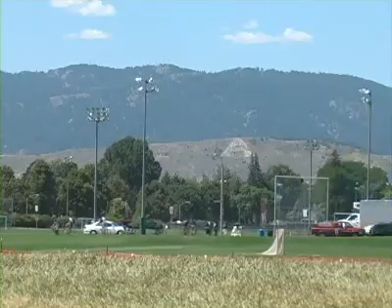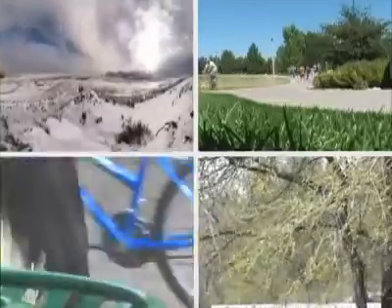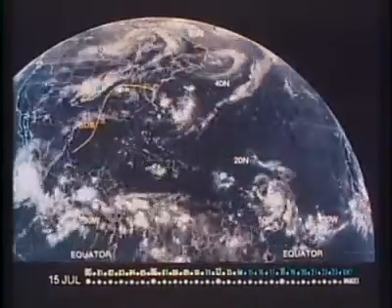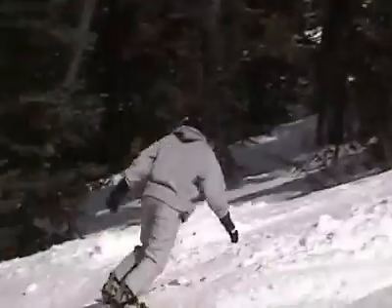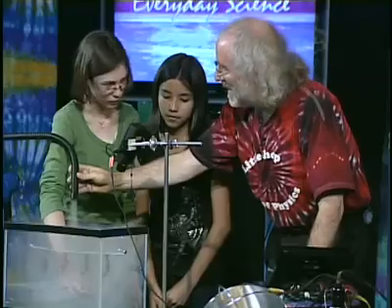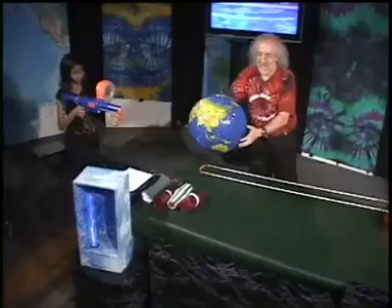On a May day in Colorado, you might wake up to be greeted by sun or rain or even snow. Our weather is quite variable, but our climate, the yearly patterns that emerge, isn't. It's generally hot in the summer and cold in the winter. In this episode of Everyday Science, we'll be looking at these broad trends, the Earth's climate, and the forces that